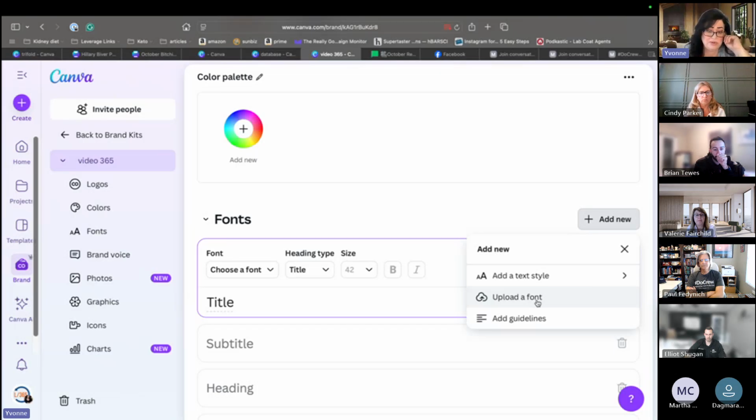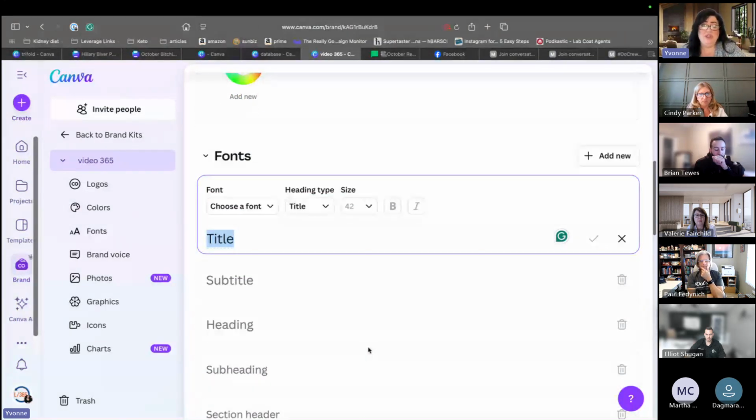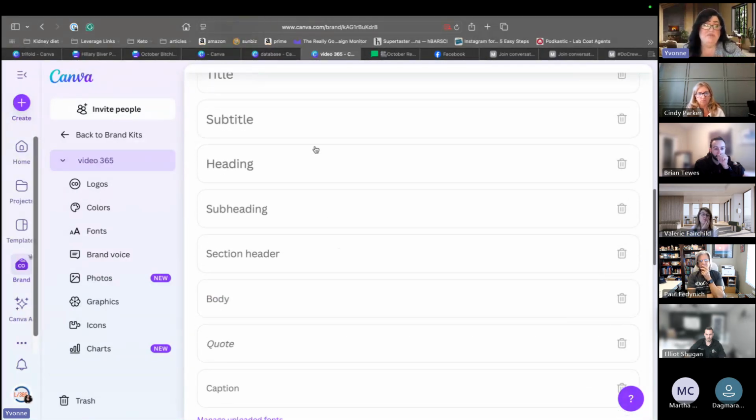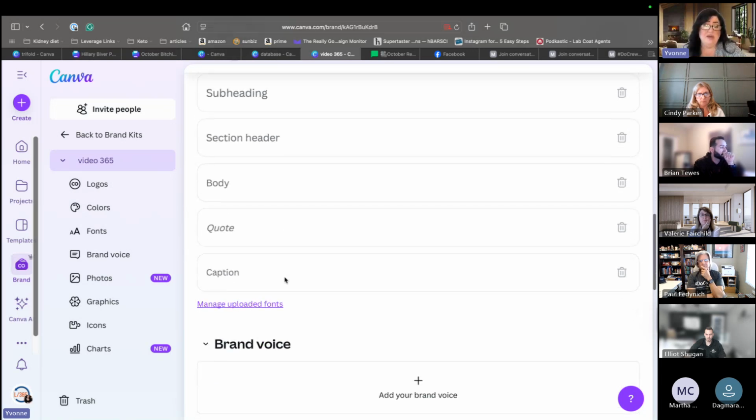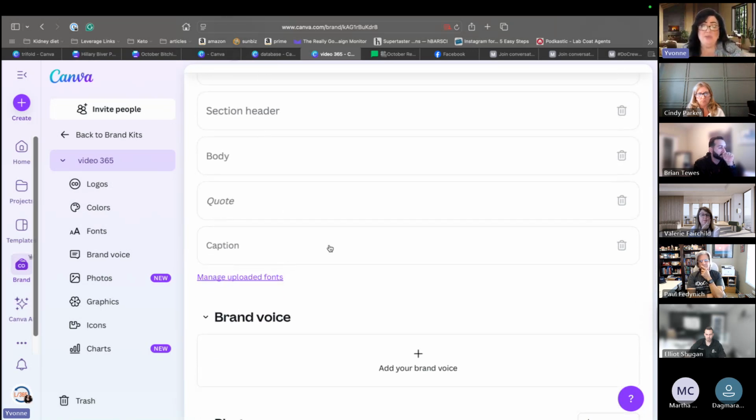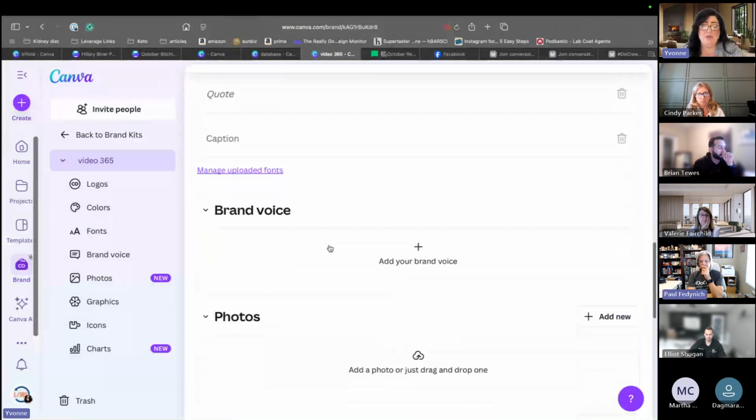And graphic designers generally tend to create fonts that you can only get from them, which keeps you tied to them, which I don't blame them. Yeah. But you could upload that font that they send you, and it'll now be in your brand guide. Some people use a particular font for just their titles, and a different font for headings and things like that, so each one of those things can be uploaded.